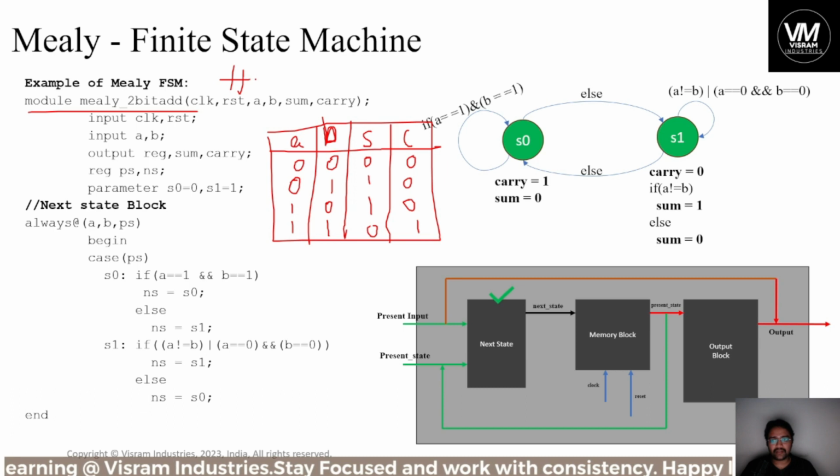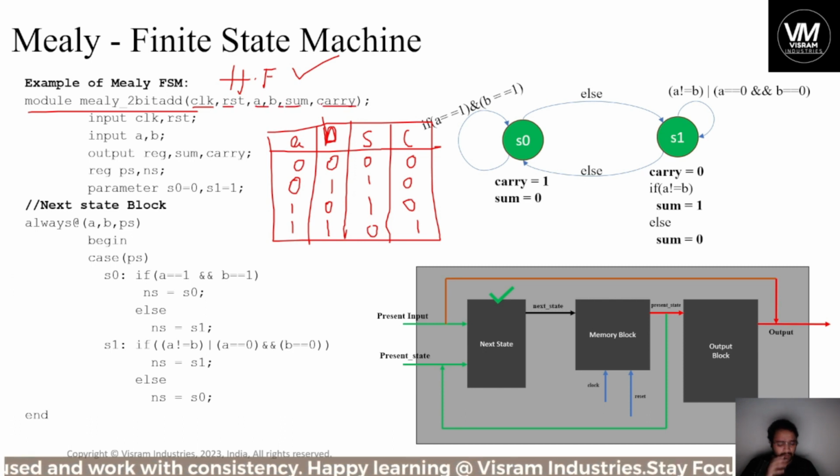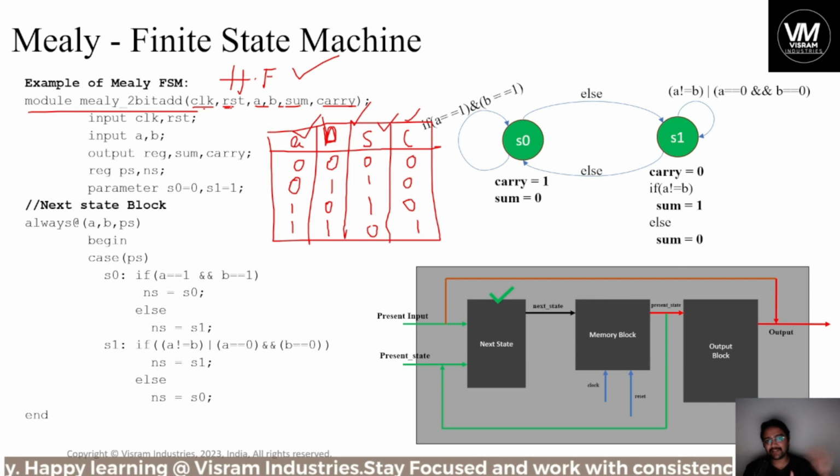So now we have taken the half adder. Okay, so module Mealy 2-bit adder is nothing but clock, reset, A, B, sum and carry. So you know A and B are inputs, sum and carry are outputs. Okay, fine. Why do we take clock and reset? We don't know the design yet, but clock and reset should be implemented in the sequential elements. So you never know, sequential elements might also be in the state. So for the FSMs, we are standardly considering clock and reset,